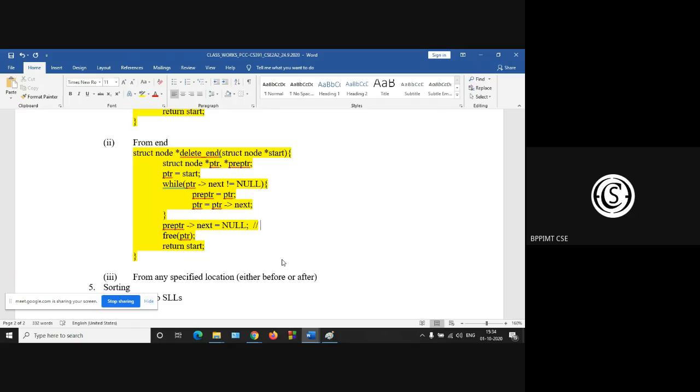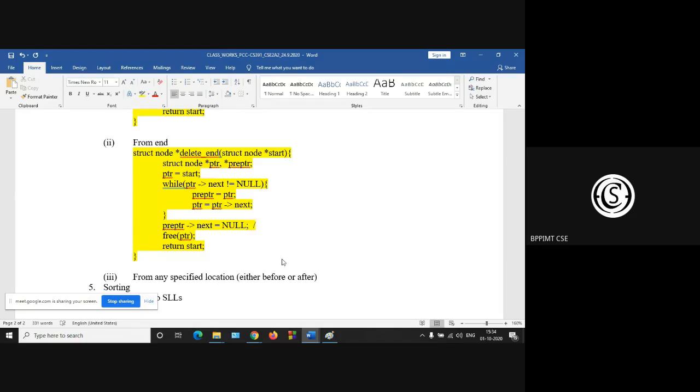You can modify your program as ptr previous. Okay, pre-ptr next is equal to null. We are using two pointers here, and pre-ptr next is made null.